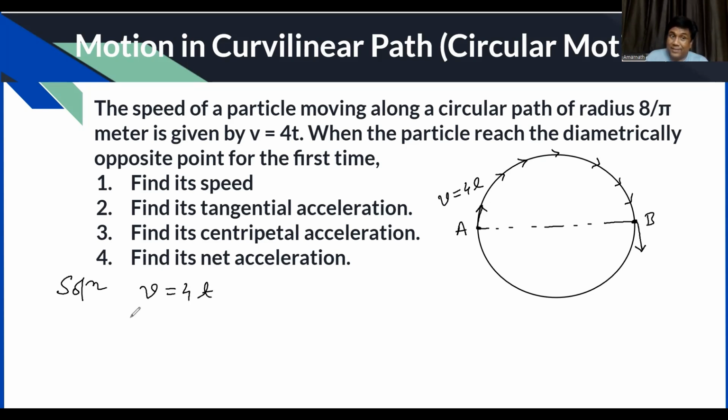4 into t. But I know that tangential acceleration, you can send me the answer step by step. Say AT equal to what? Rate of change of speed. That is called tangential acceleration. Rate of change of velocity is net acceleration, but rate of change of speed is tangential acceleration always. If you differentiate it, you will get only 4. Speed is increasing, so tangential acceleration direction will be along the